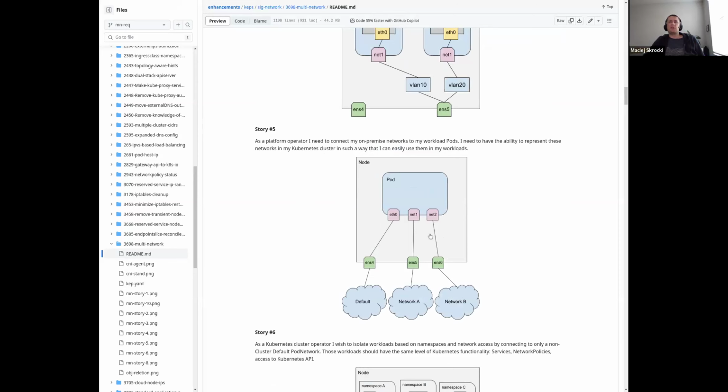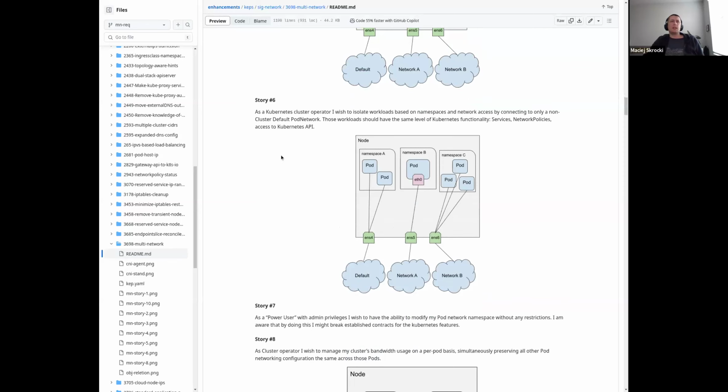Story number 5 is just multi-homing in a different form, where the use case isn't sending consumer, just I want to have a connection to my legacy networks for some reason in the workload, right? So that's just another flavor of multi-homing capability. Story number 6 is another flavor of multi-tenancy